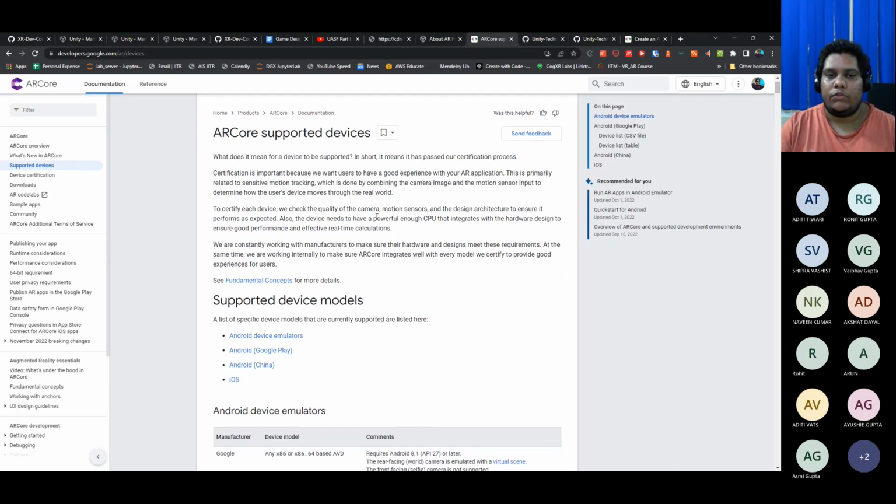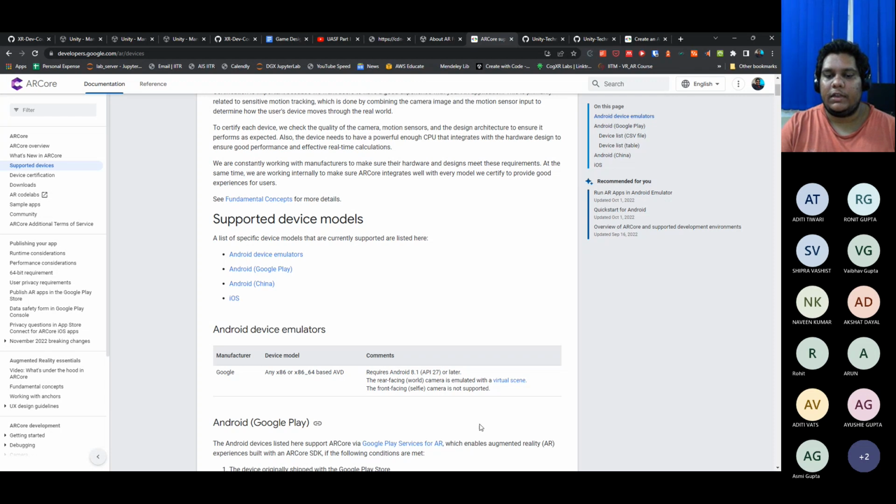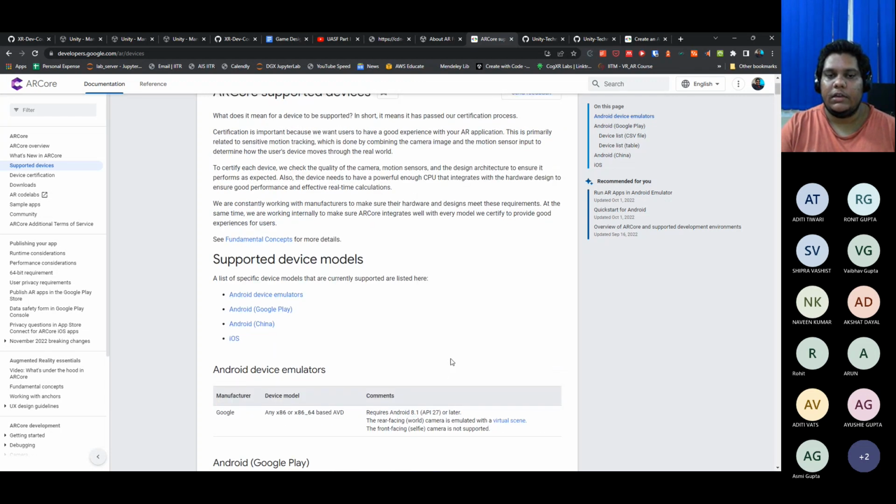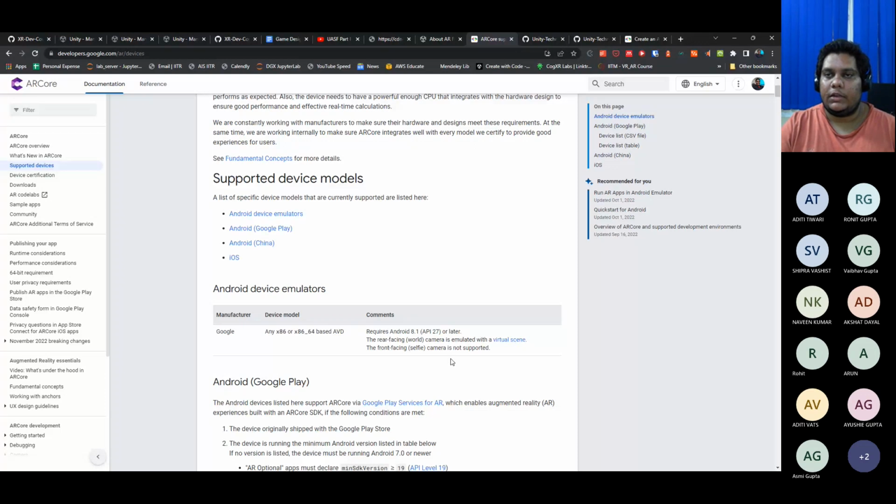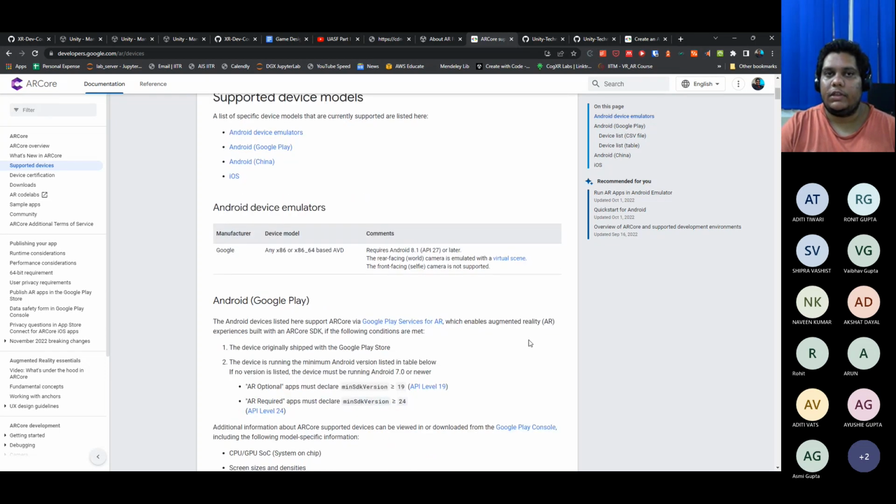Now almost all devices support AR Core. Android devices, almost a lot of them support. But even in case you want to check if your specific device supports it or not, you can come here and check. I remember there was a time, like 3 or 4 years ago, when we used to check this a lot because they were adding new phones every week or every month. So we had to come here and check if our phones were added or not. When AR Foundation was not there, AR Core was a separate thing, AR Kit was a separate thing. So that was a different time. But now, obviously, a lot of things are added.